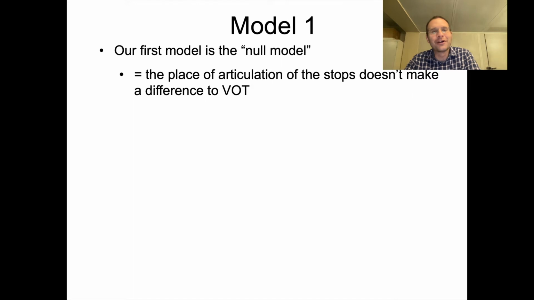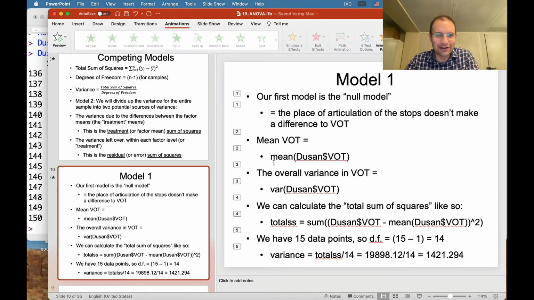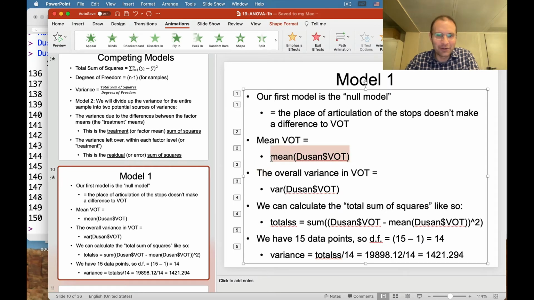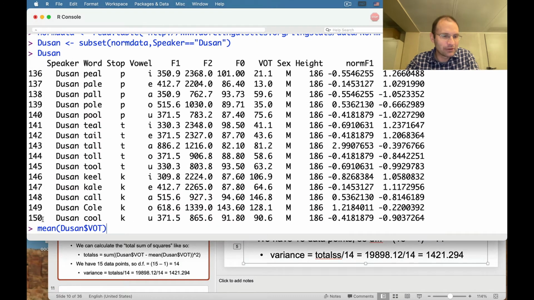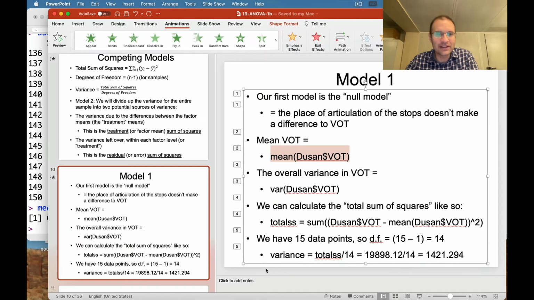Okay, so going back to the first model, these are the two models we'll compare. The boring model is the null model. In this case, we're saying the place of articulation of the stops doesn't make a difference to VOT. We've played around with this sort of stuff in the past. We can just take a look at what we're dealing with here and say, well, the mean VOT of all of these measures in this column is 68.6. That seems like a nice, good average